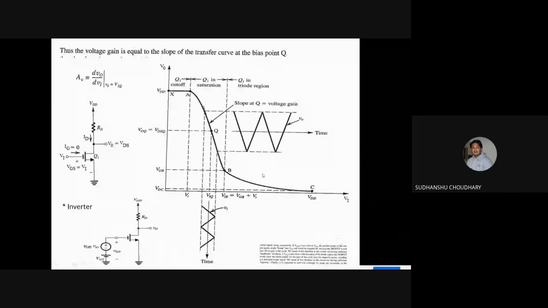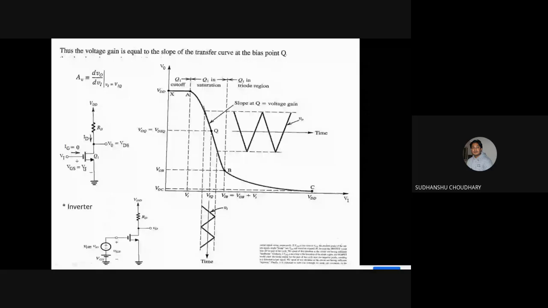And then we also understood the inverter effect of this common emitter configuration of the MOSFET circuit. Whatever you apply at the input, the output will be amplified, but it will be inverted. For a low input, you get a high output, and for a high input, you get a low output. That is actually inverter action, which can also be performed by this common emitter circuit.